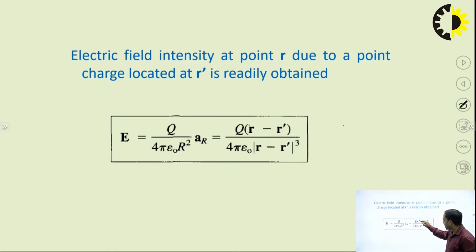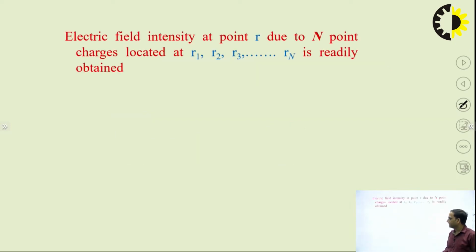So this r is the distance or the position vector for the charge q at which we want to calculate the electric field, and if any other point charge is located at the r dash position vector, we can get the electric field by this formula. And the same can be applied for the electric field in the superposition theorem,